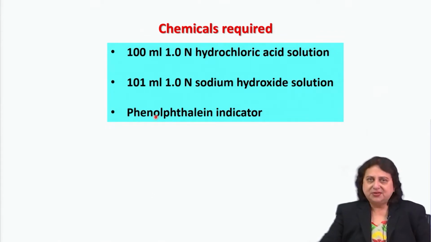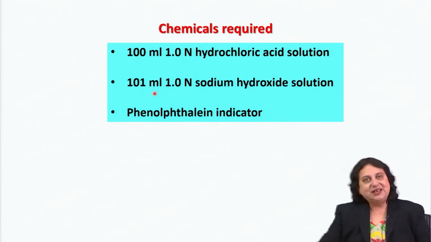Now, here you must realize that I am using a slight excess of the sodium hydroxide solution. The reason for doing this is I want to ensure that there is a complete neutralization of the given hydrochloric